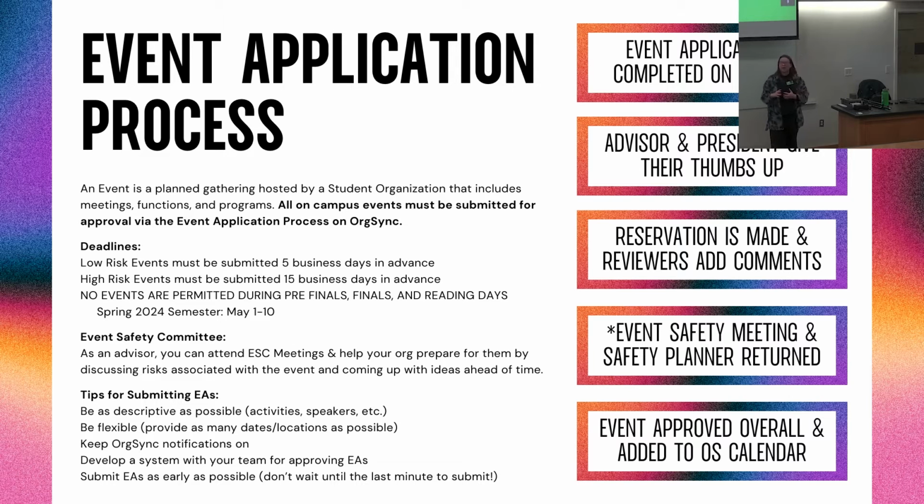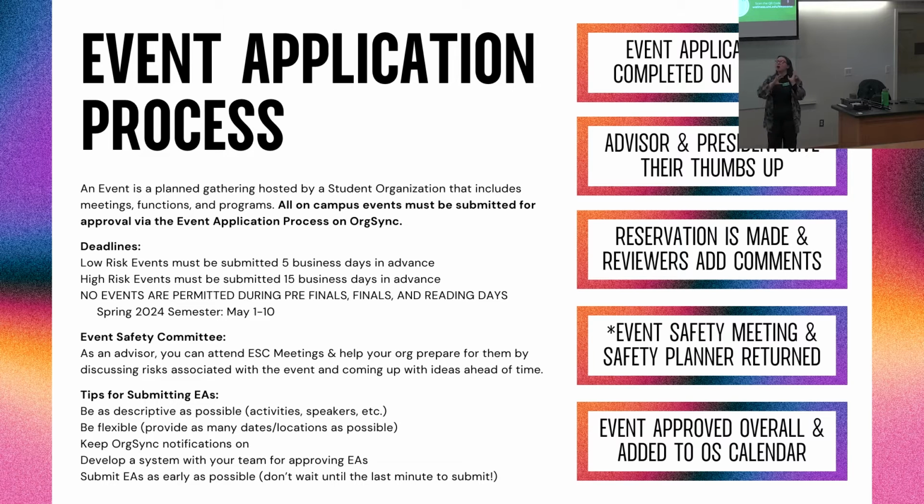And then before I go through the different tips for submitting event applications, over here on the right side of the screen is a quick breakdown of the event application process. So in general, once a student organization submits their event application on OrgSync by pressing submit, it is only considered completed at that point. And for it to reach that full submission status, it has to get the president and advisor thumbs up. Now, if y'all have multiple advisors on your roster or multiple people listed as president and primary